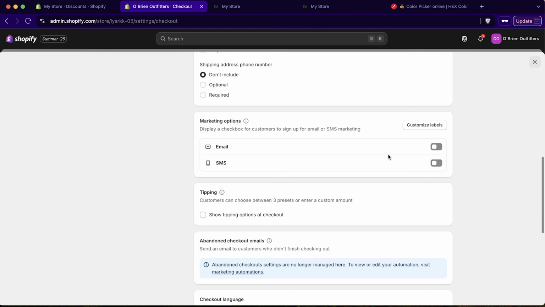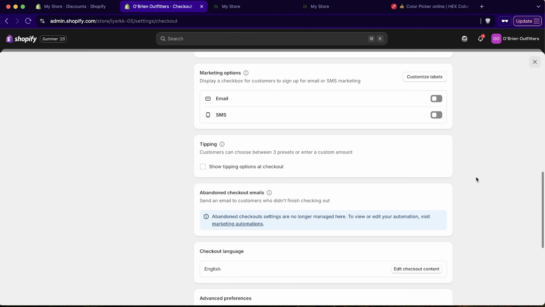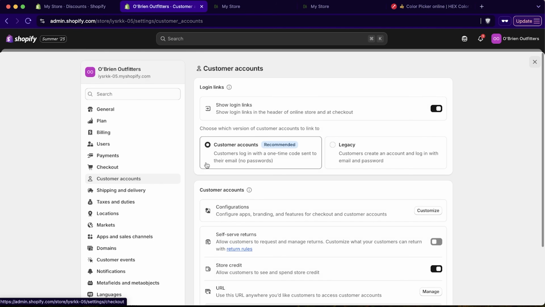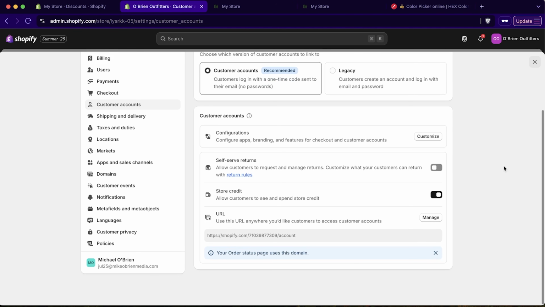You could also have marketing options if you want to have email and SMS, so you can have the option for people to opt in or out of those. If you want customers to be able to make accounts, which I usually think is a pretty beneficial thing, you can have this enabled, and that way people can make an account when they order something. That way it's easier for them to go back and see their orders if they ever want to return something